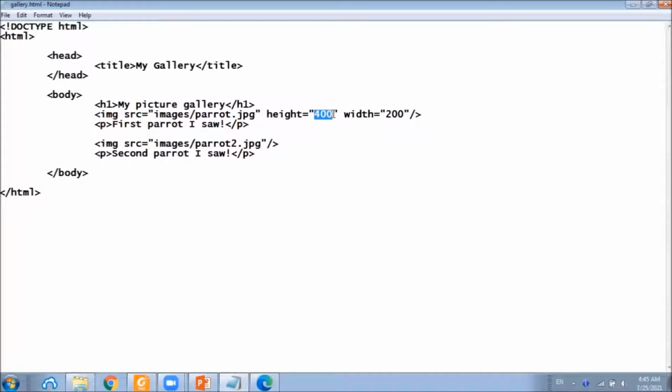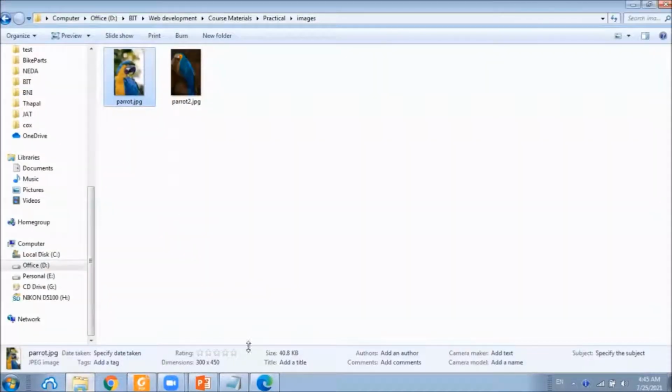Even we can specify the actual dimensions of the picture, or we can scale up or down the picture as we want. In this case, let's assume we want to half the size of this parrot. In that case, the width would be 150 and height would be 225.